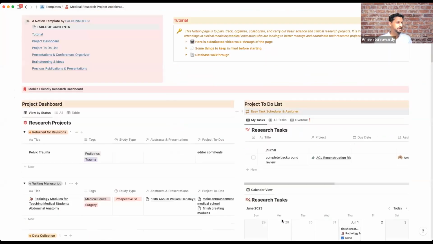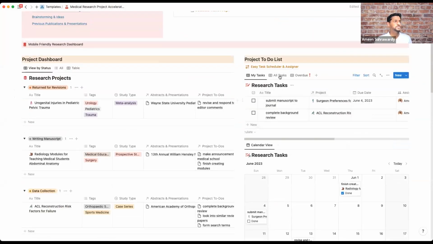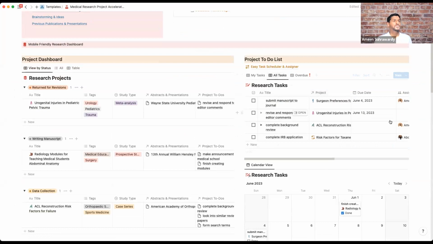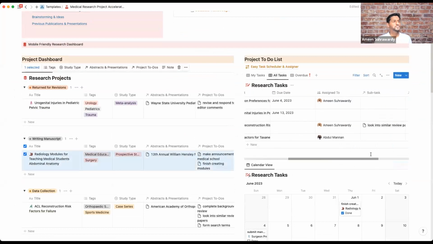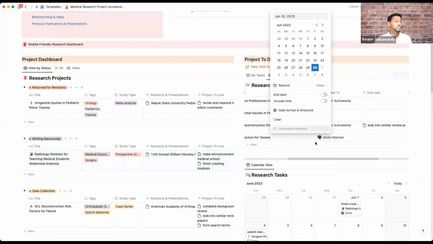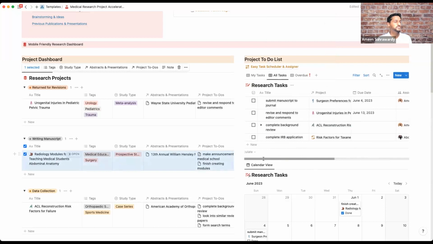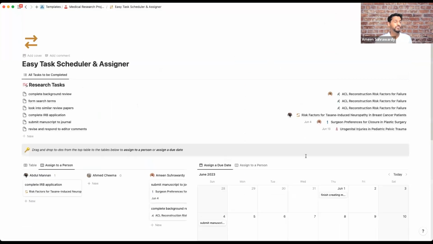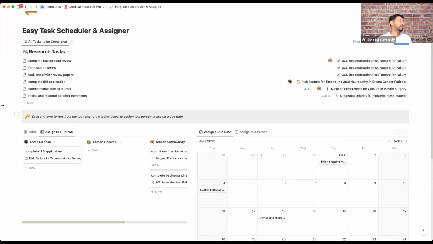So just going back to the dashboard itself, if you look at all the research tasks, if I click on all tasks, in order to assign someone, I would have to go here and type up a name, or I would have to manually find a date and then click on it, which obviously works fine. But let's say you have a bunch of research tasks for one project, and you don't want to do all that. You want to quickly split up the tasks, divide and